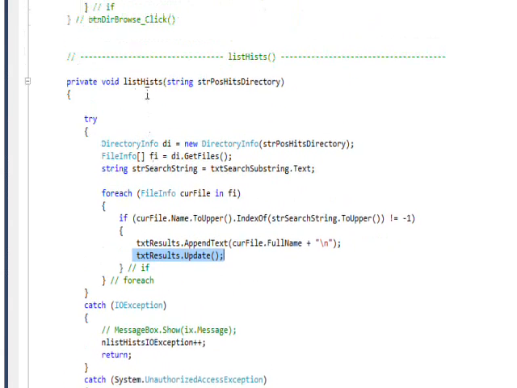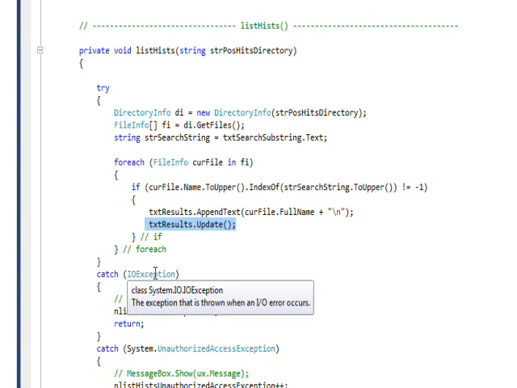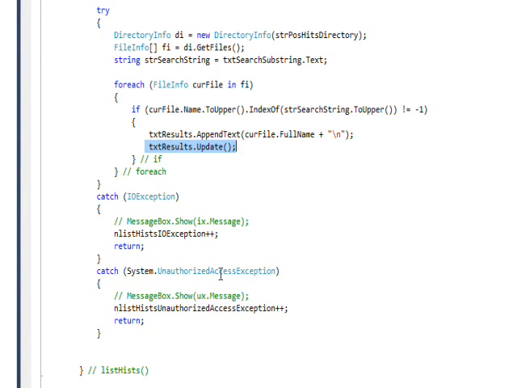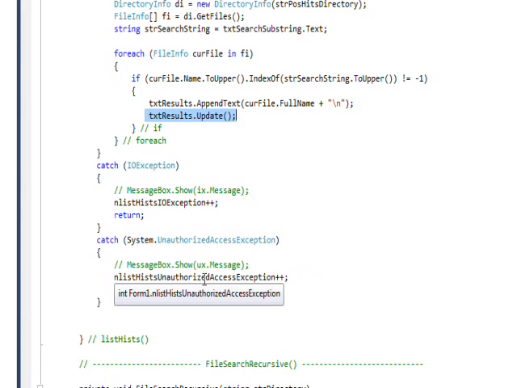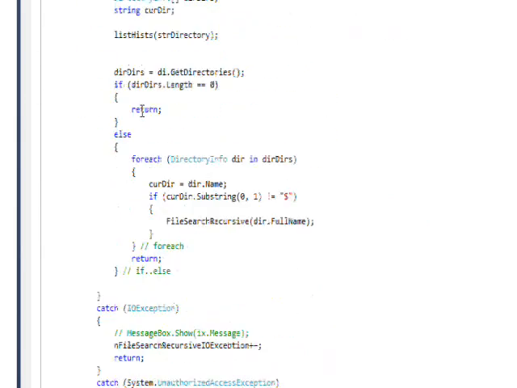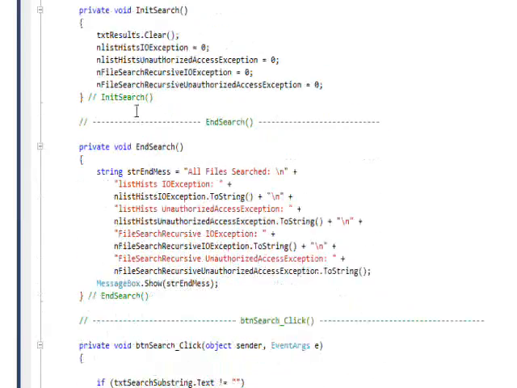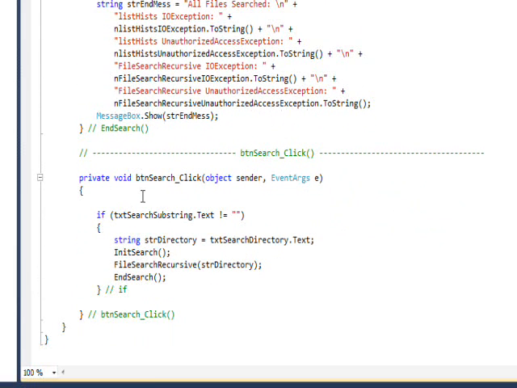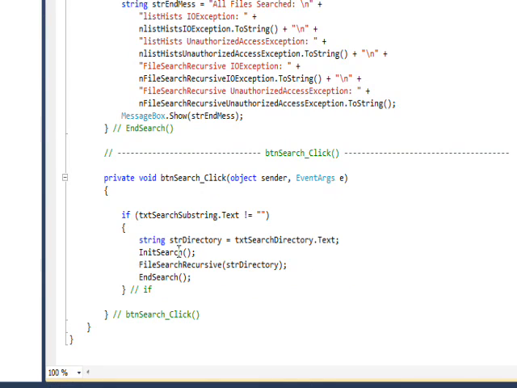And then within this list hits, I also have an IO exception and an unauthorized access exception. And I update different counters to show I got exceptions for the list hits as opposed to getting exceptions for the file search recursive. And the only other code really is the initialization and end of day code. And that basically says within the main button press handler, do an initialization, then do the file recursive, then do the end of day